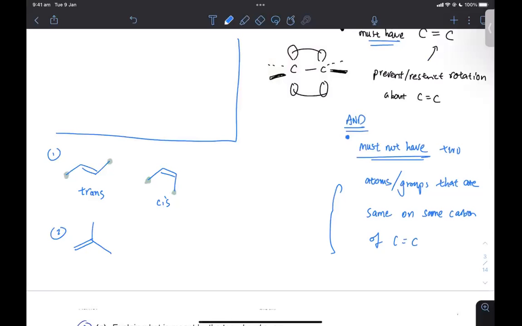Can you have cis and trans here? Can you have cis and trans here, Rahimat? No. Why not? You see, the question will ask you, state and explain whether this will have geometric isomerism or not. So you said no, why not? Two functional group is the same. Your explanation is not as complete as I thought it would be, okay? So you don't really call them functional group. You can say that the two groups, they are two CH3 on the same carbon of the carbon-carbon double bond,